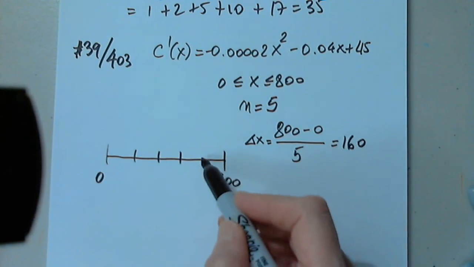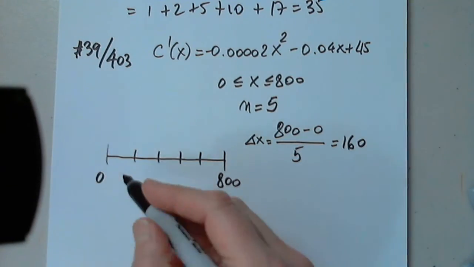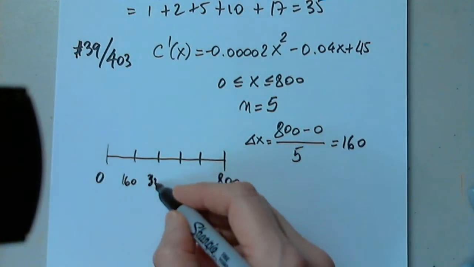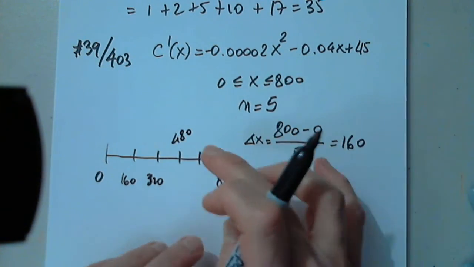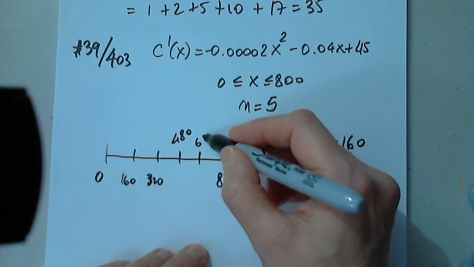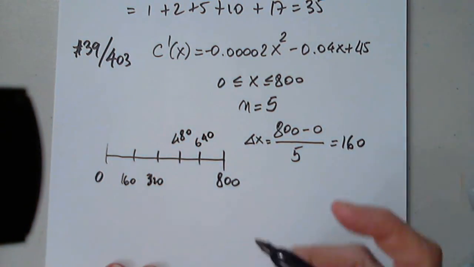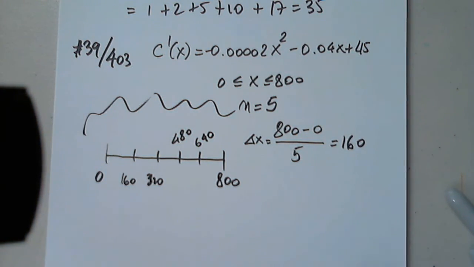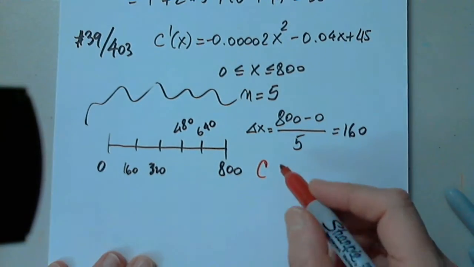1, 2, 3, 4, 5. 0 to 160. 160 plus another 160 is 320. 320 plus another 160 is 480. 480 plus another 160 is 640. Plus another 160, 800. So the function is somewhere here. I don't care where it is. Who cares? But since I'm asked to find the cost